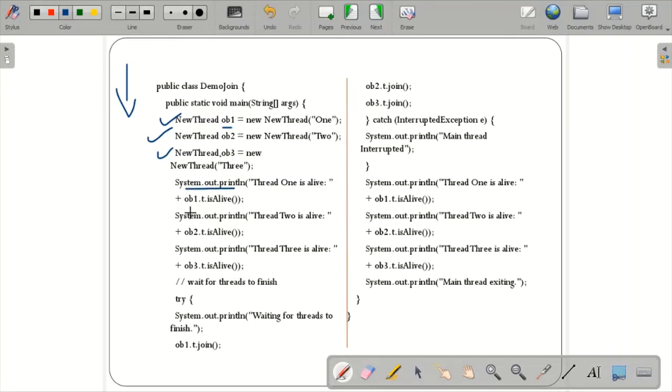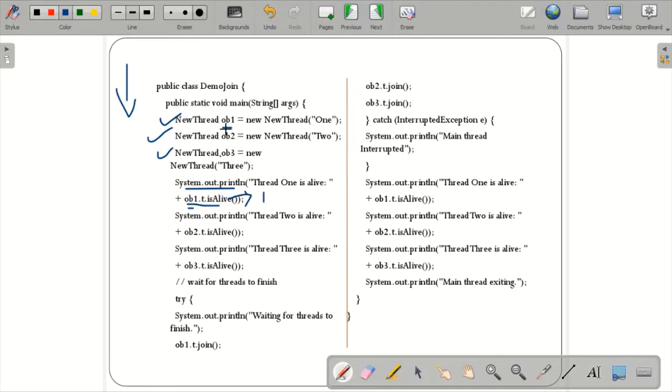If not, it will check for this particular statement: System.out.println thread 1 is alive, because your thread has been started, right? So it will print object1.t.isAlive. That will return a true or false value. If your thread 1 is alive, it will tell true.